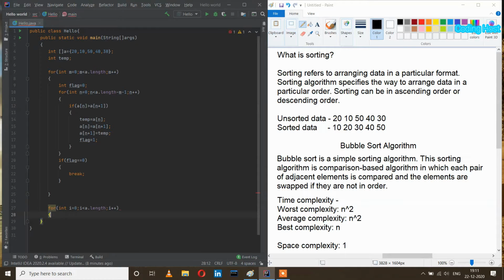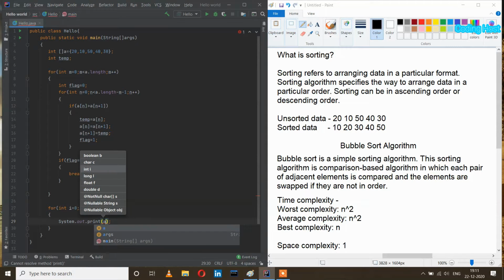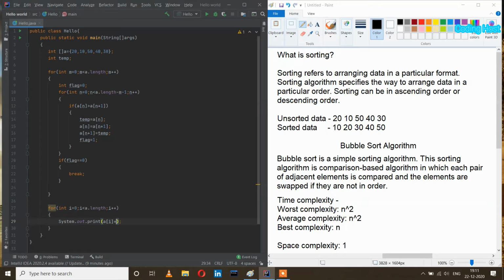I am using it for printing the array elements after sorting. So I will write here System dot out dot print, and in this I will write a of i plus a space. So let's run this program.